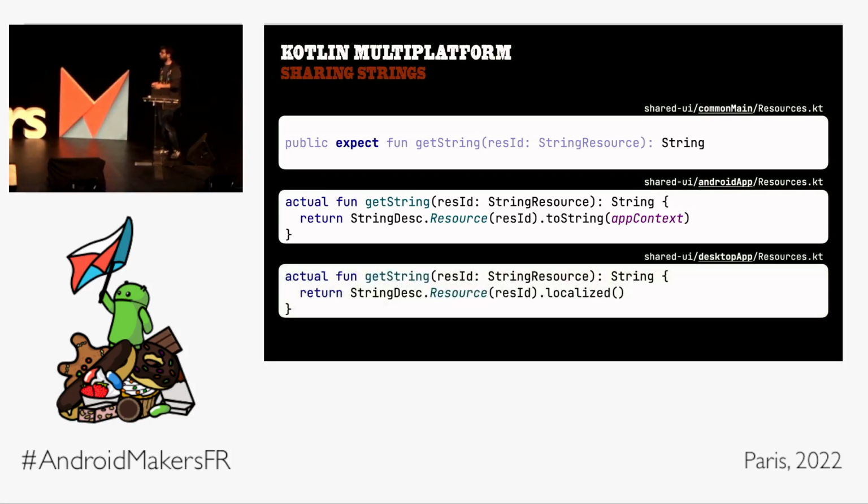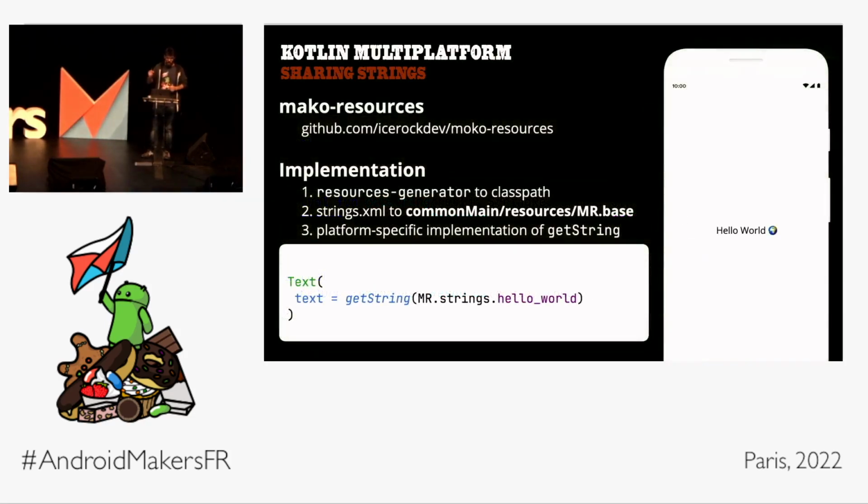Now, if you want to call the get string from your code, you just need to call this get string, MR strings hello world. This MR means Moko resources. It's where your string file is. Basically, what you're going to do is to move the strings file from your res folder to your shared folder, and inside a folder that's called MR, and then called base or fr, for instance, for the French translation, and so on.